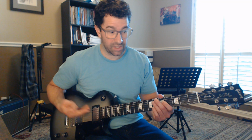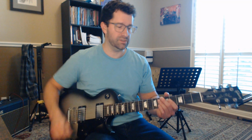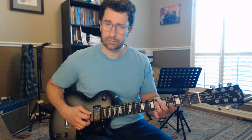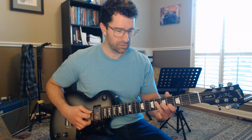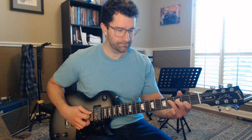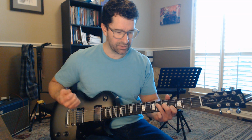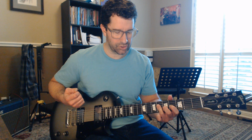I would think of these in groups of 4 chords, because that's how it works out phrasing wise. We're starting out on string set 4, 3, 2 here. This is a C sharp triad, 6, 6, 6, G sharp, 6, 5, 4, F sharp, 4, 3, 2, and then G sharp again, 6, 5, 4, and then C sharp,